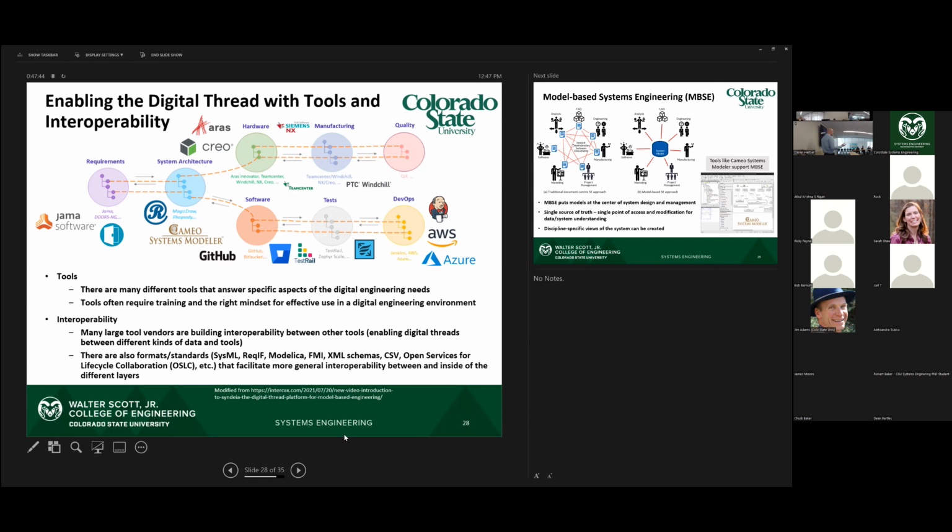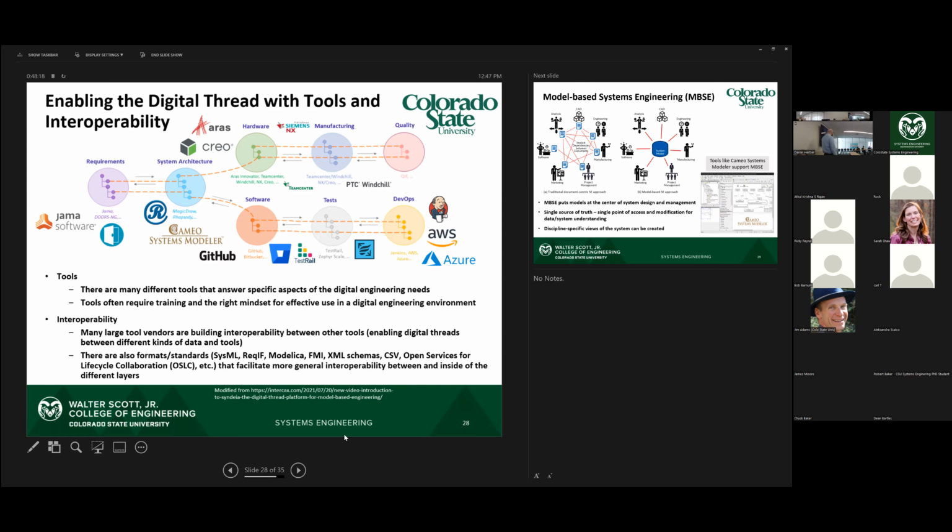One common approach now is they're connected by us. We communicate our results. We send our results in email and through a report or presentation, or through ad hoc data files, etc. The goal in enabling the digital thread is how can we better automate this communication between tools, between the data between tools, between the models that represent the things that we're doing in our engineering activity. So the two groups here are tools, many different tools, answer specific questions of the digital engineering needs.